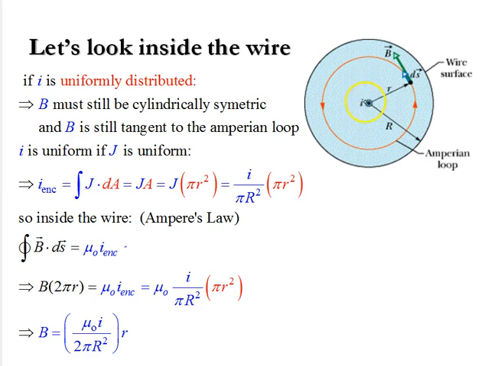inside the wire. So we see if r is equal to 0, we're at the very center of the wire, well, the magnetic field is also equal to 0. This is all going to be a constant, right? So as we move out to the edge of the wire, we're linearly increasing our magnetic field. Outside the wire, we said we have the inverse